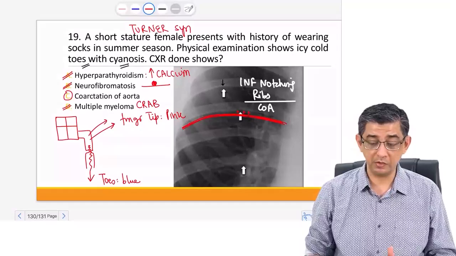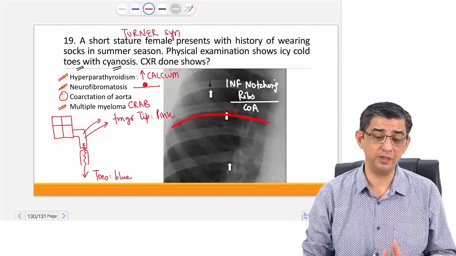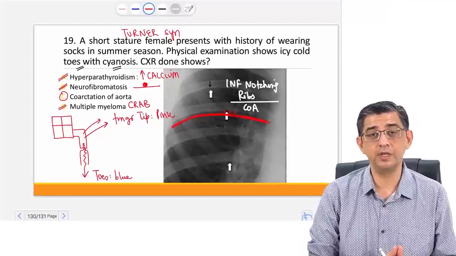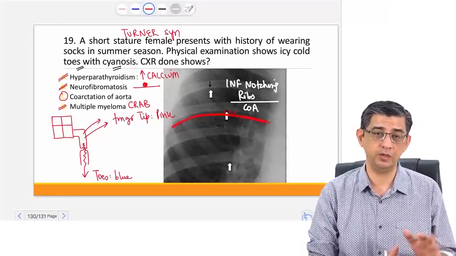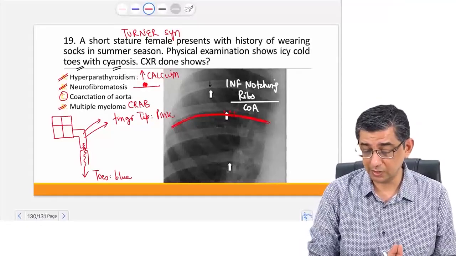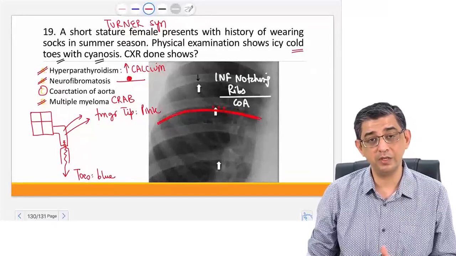Because the person is wearing socks in the summer season. It's a little hot in India, sweaty, right? So wearing socks in the summer season is not something most of us would be very comfortable with, unless and until you are wearing a proper pair of shoes. Now, physical examination is showing this characteristic cold toes with cyanosis that indicates less blood supply, and the person is